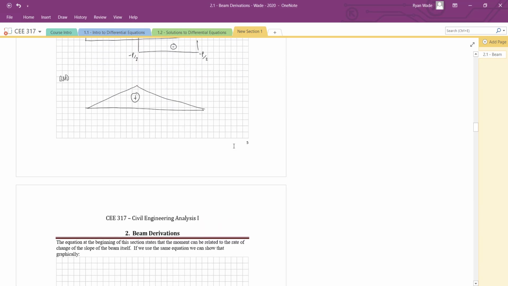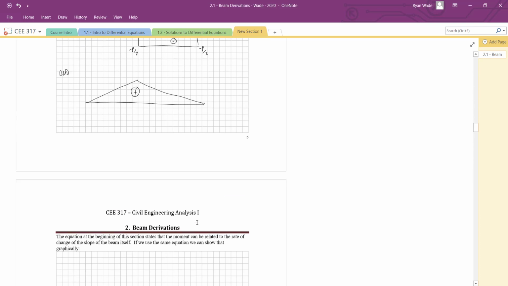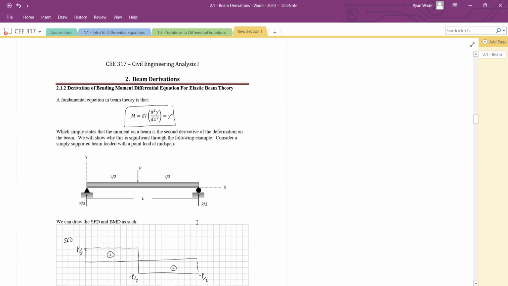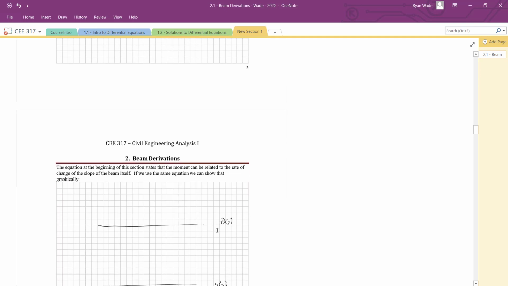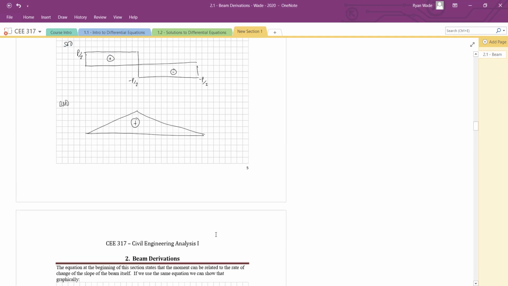So if I take the rate of change of our bending moment diagram, right, and this is exactly the kind of thing that we've done with, what are we talking about? Oh, when we're dealing with the uniformly distributed load, the shear is a triangle. So when we do the graphical method of coming up with the bending moment diagram, we just take the area underneath it, right? So if the moment is the second derivative of y, then conversely, it means that the area underneath the bending moment diagram will give us the